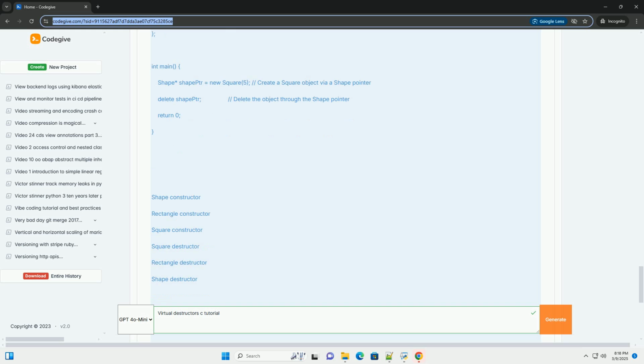Let's modify the Base class. Output: Now, the derived class destructor is called before the base class destructor, ensuring that the dynamically allocated memory is properly released. Explanation: